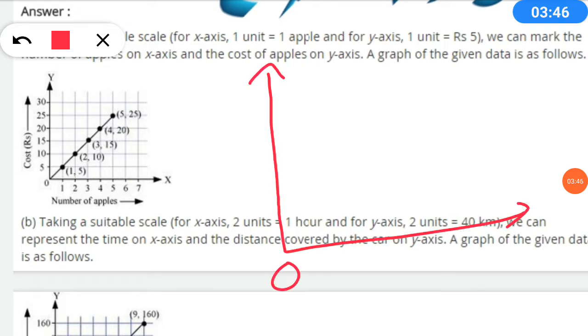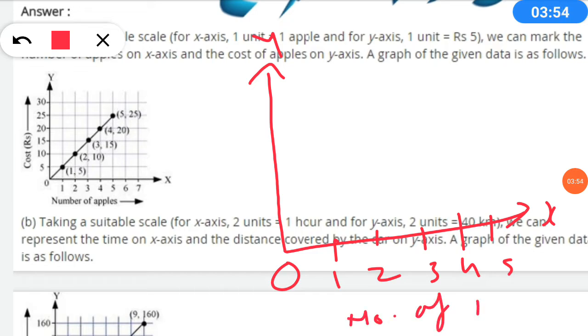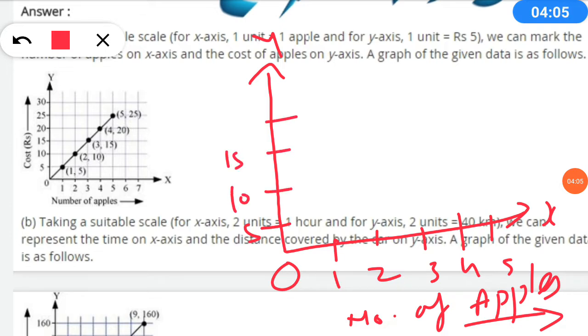Zero, y, x, 1 apple, 2 apples, 3 apples, 4 apples, 5 apples. So here it will be the number of apples, on the x-axis. Then cost on the y-axis is 5, 10, 15, 20, 25. Cost will be marked on the